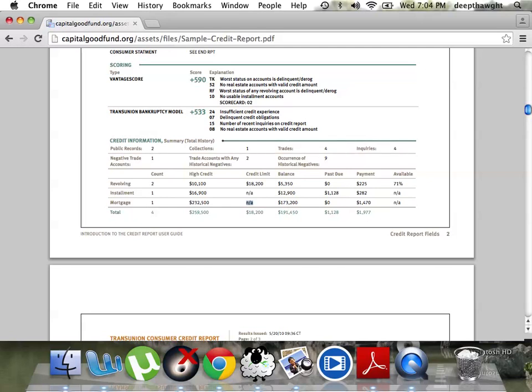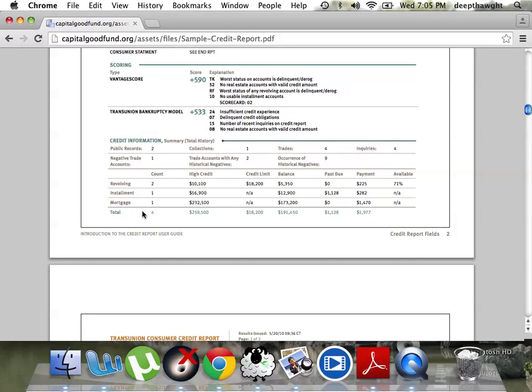But I don't want to get off on a tangent on that. That's something totally different. All you need to know is that your original balance is $232,500, and this is how much you owe on it: $173,200. You're not past due on any payments,